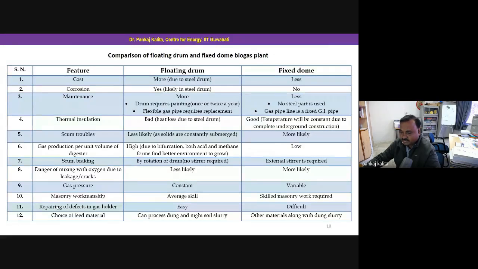And for machinery workmanship, average skill is required, but in case of fixed dome, skilled manpower is required. So that's why MNRE provides some kind of certificate, that is, renewable energy technician. So they have to be trained for making this kind of structure, because specialized hands are required for making this fixed dome type biogas plant. And repairing of the gas holder is easy, but for fixed dome it is difficult, because sometimes